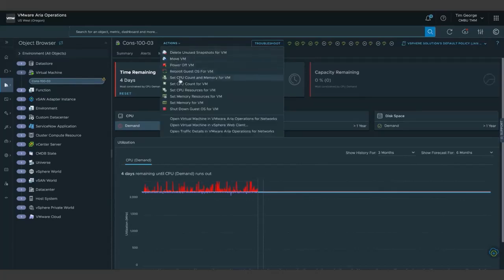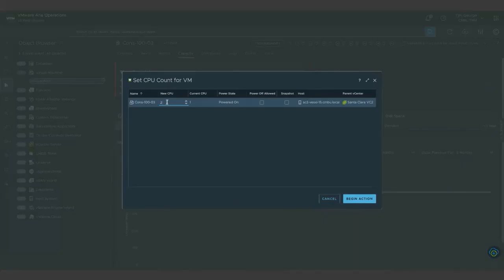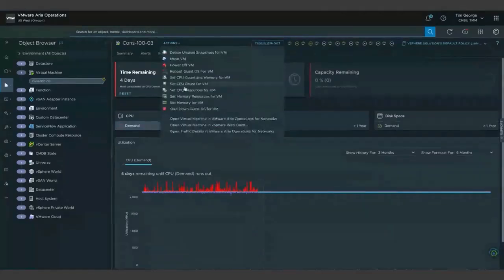Under Actions, we could just go and set our CPU count directly from here. The new vCPU is what the recommended is. We could set that for however many CPU we wanted. If we look at those actions again, there's always options to change the memory resources or set the memory for